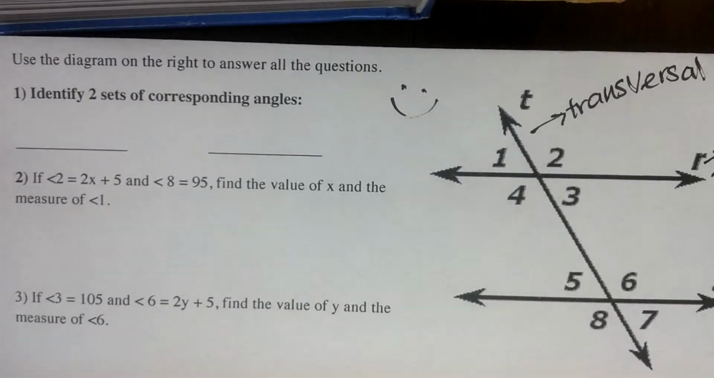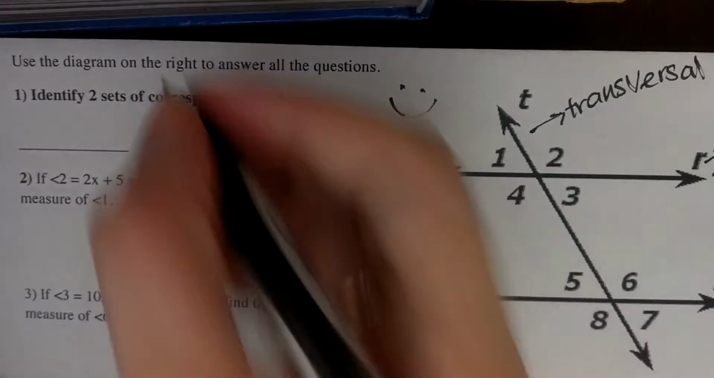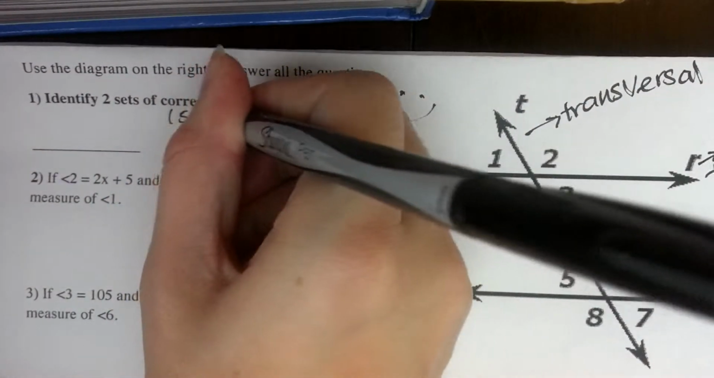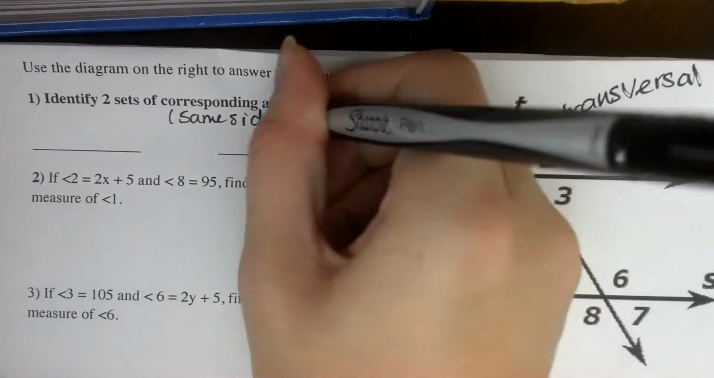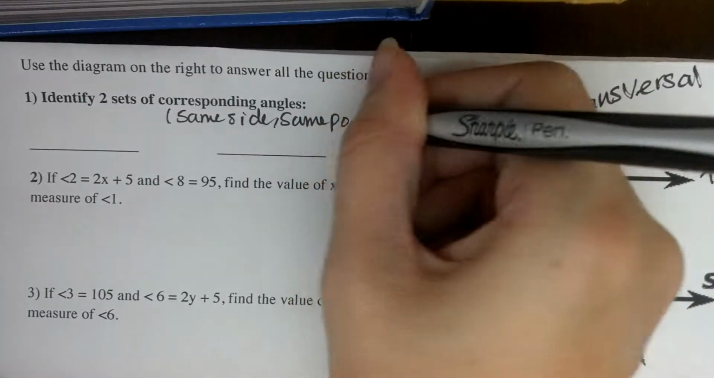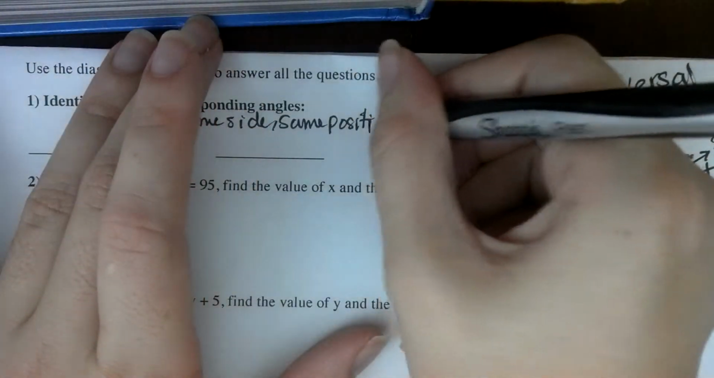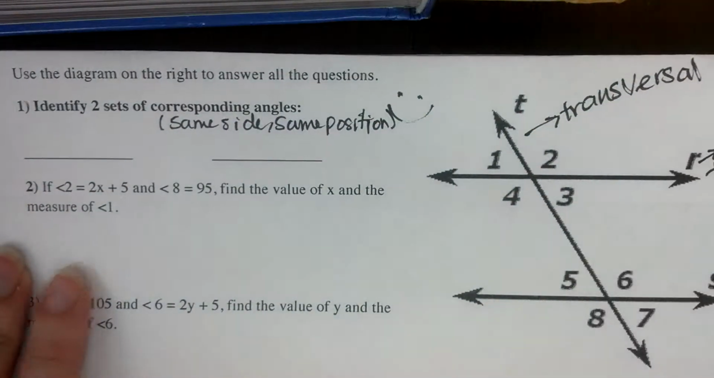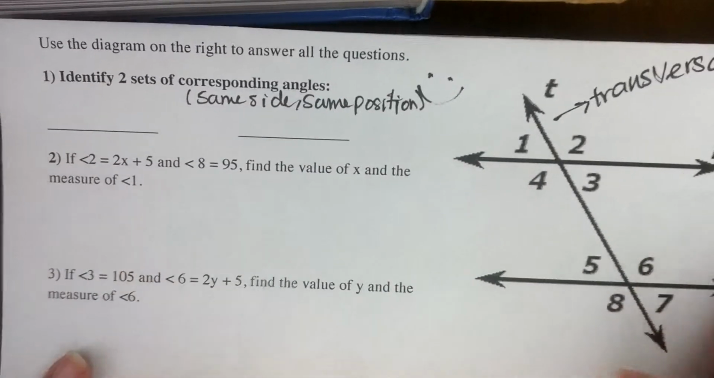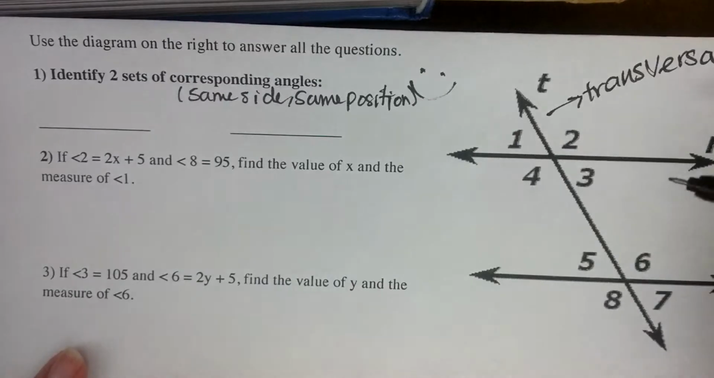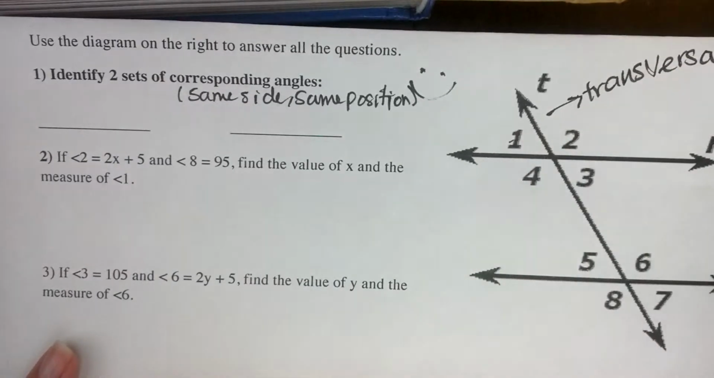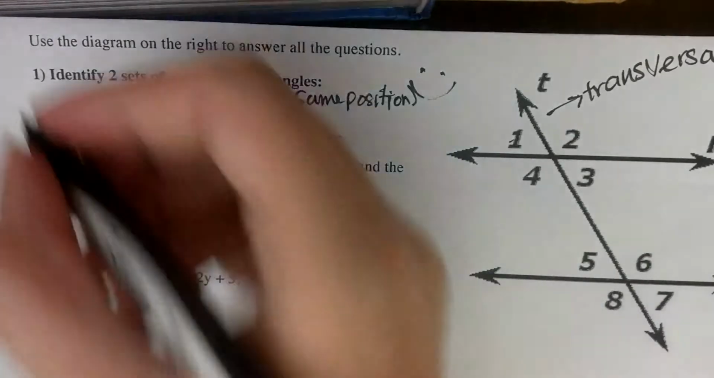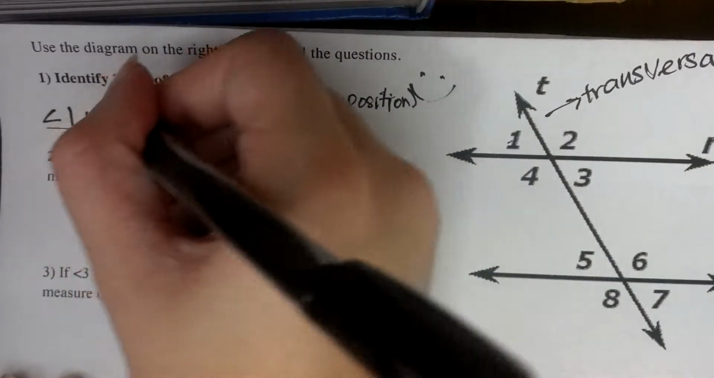If we look at question number 1, it says identify two sets of corresponding angles. So corresponding angles means same side, same position. When they say that, I'm going to look at my diagram and see which angles are on the same side, in the same position. If I look here, angle 1 is on the same side as angles 4, 5, and 8, but it is only in the same position on the parallel line as angle 5. So angle 1 and angle 5